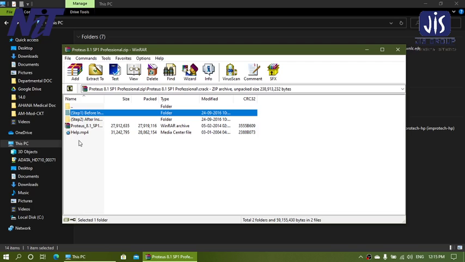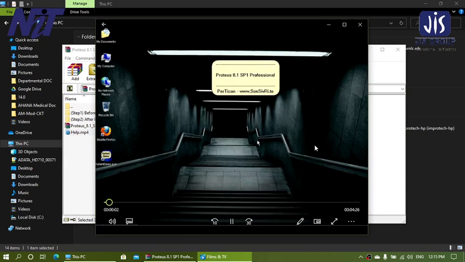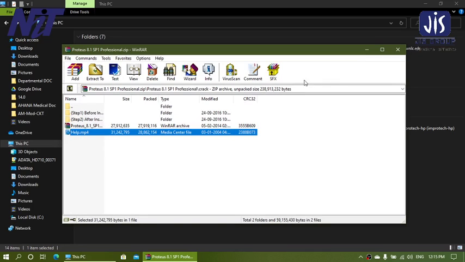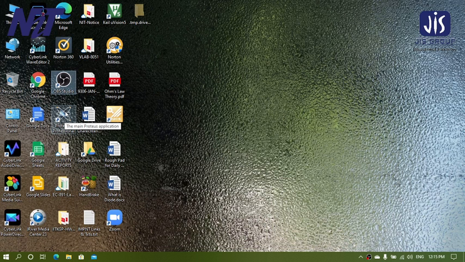I recommend you first follow this MP4 file, where they will guide you how to install and run the whole process from the beginning. In this way you have to install your Proteus software on your PC first, and then follow the video I will make for you. After successful installation of all the cracks for Proteus, you will get this icon on your desktop. Then open it,